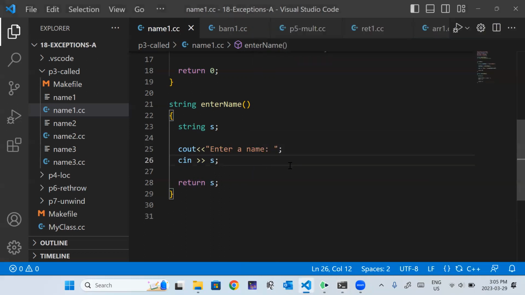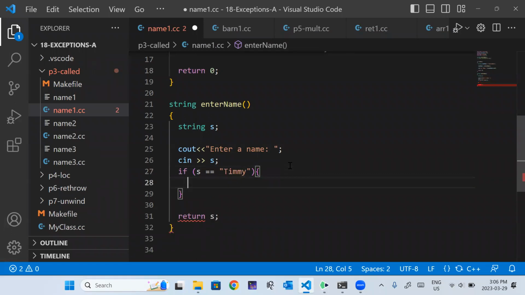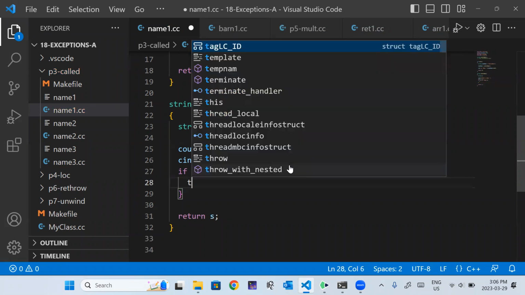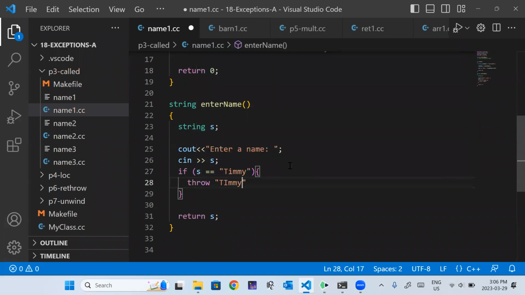Everything's good. So what we want to do here is we want to check to see if it's Timmy, because Timmy is always in crisis and Timmy might be in trouble. So we're going to see if the name is equal to Timmy. And then if it is, we're going to throw, whatever, Timmy is trapped in the well.